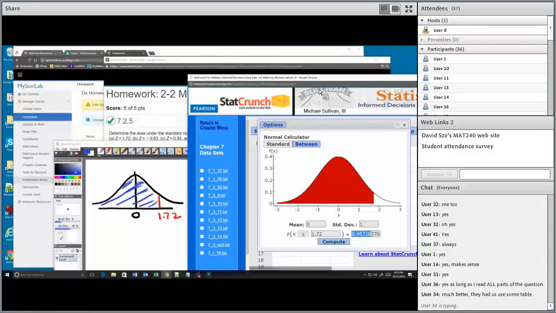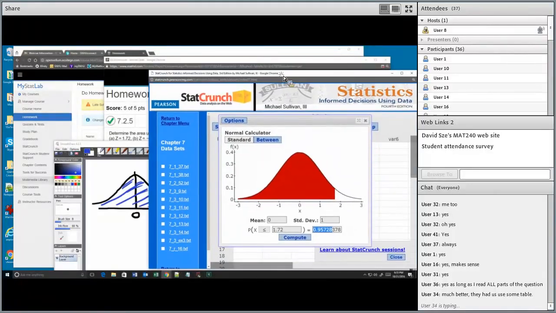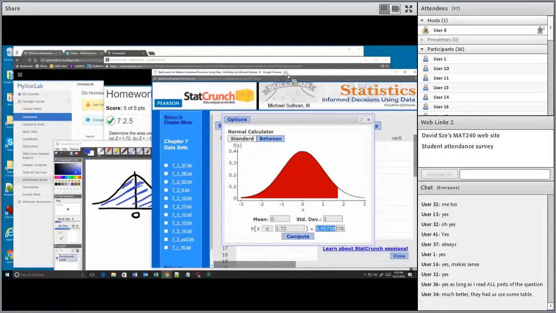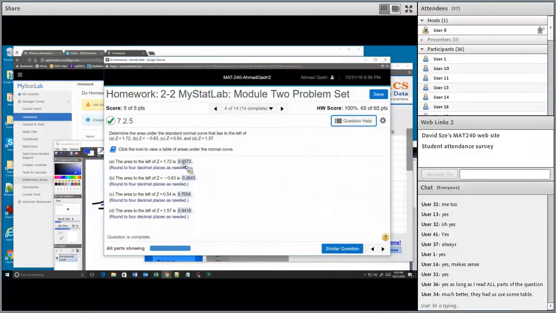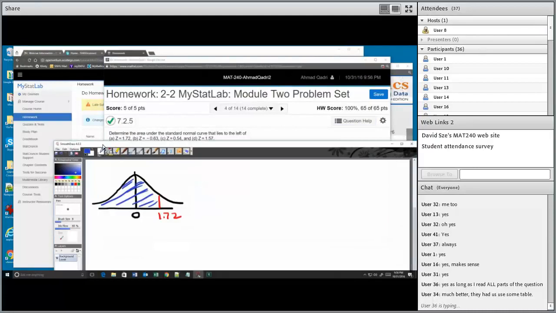Yes, so I'm going to go over the tables as well, the paper tables that are in the book, but that's really an inefficient way of solving the problem. I will show you how to do it because I think you should all know, but I want to start here, which is the easier method. So the answer for this problem is 0.9573 up to 4 decimal places. So if you look at the answer, 0.9573 is the correct answer. Okay, so let's do this one. Let's do the second one.